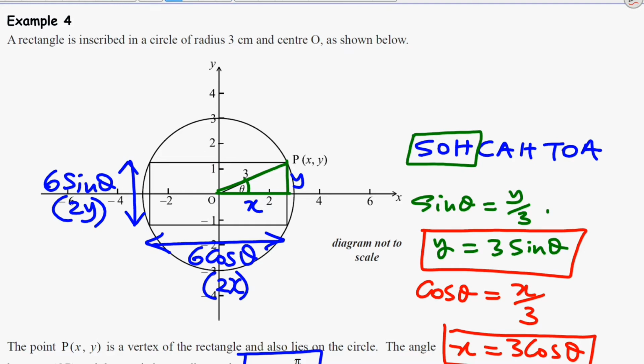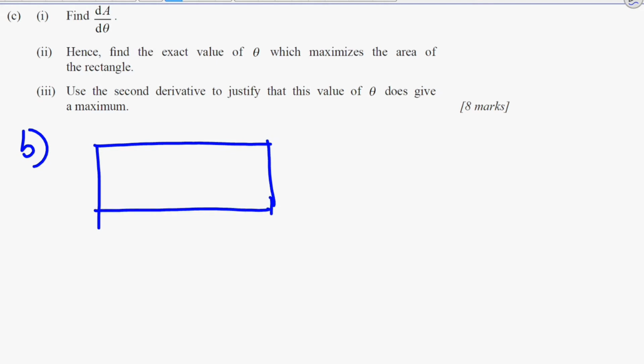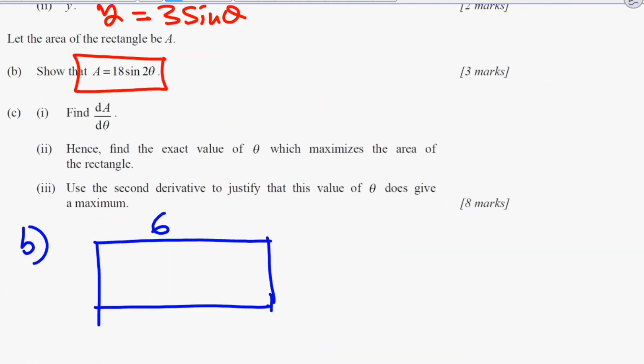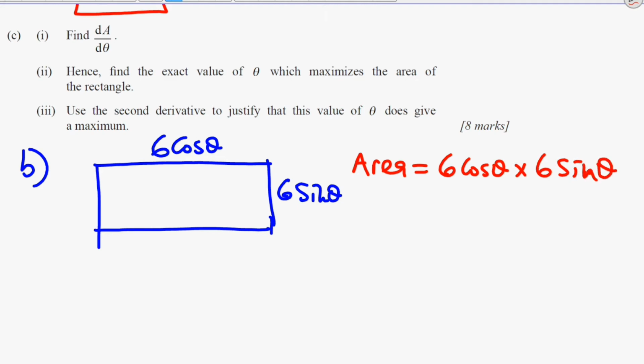This is for question B. So for B, we have a rectangle that looks something like this, with 6 cos theta length and 6 sine theta height, and the area of this will be equal to 6 cos theta multiplied by 6 sine theta, which will be equal to 36